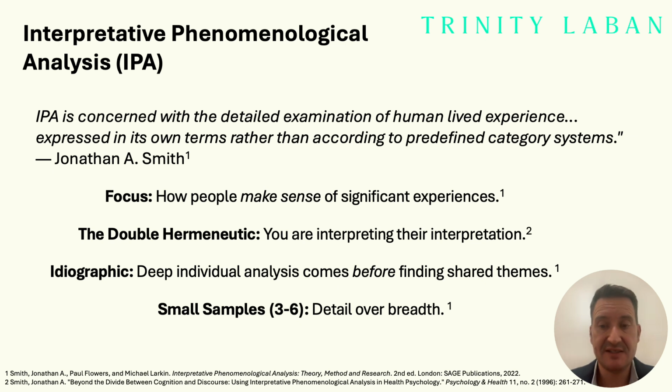The first is the participant who's trying to interpret their experience, and then that interpretation is interpreted by the researcher. This gives rise to what's known as the double hermeneutic. Hermeneutic is a fancy word for interpretation, and the double part means there are two layers of interpretation happening: